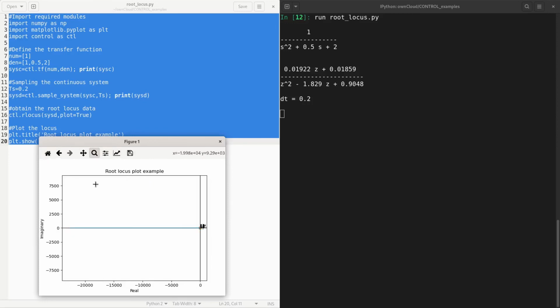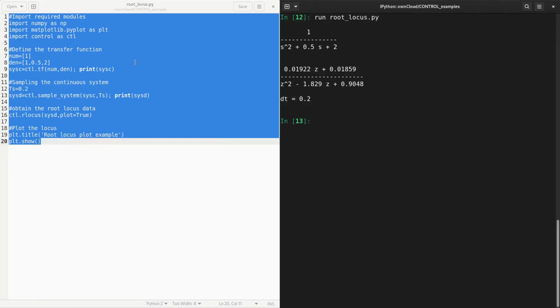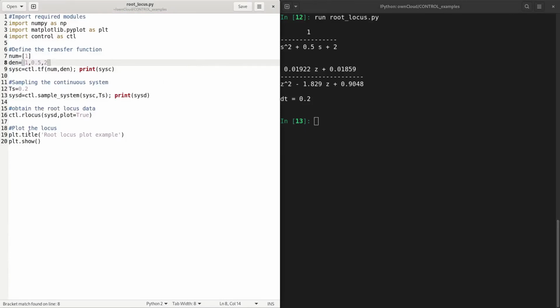So let me go back to the original view. This is the view that you got when you executed this rootlocus.py. But it will be nice if this is scaled properly before displaying. So let us try to see if we can do that. So I am going to close this window and do a minor edit here.